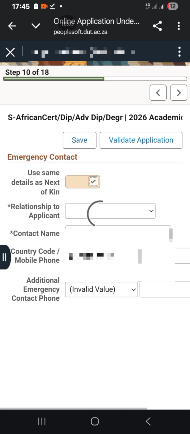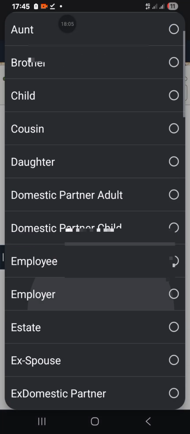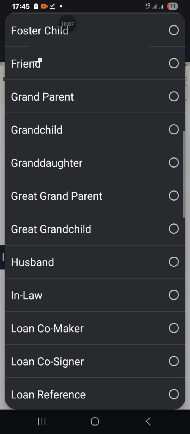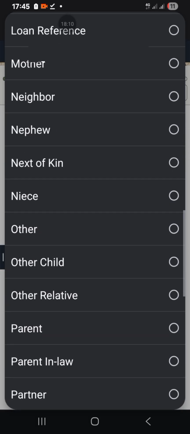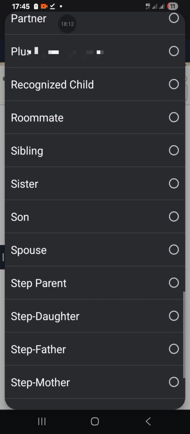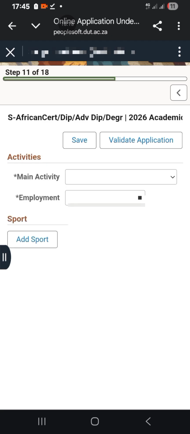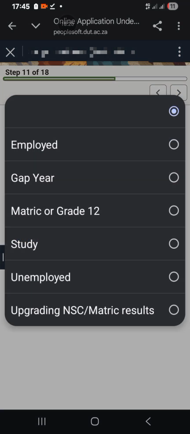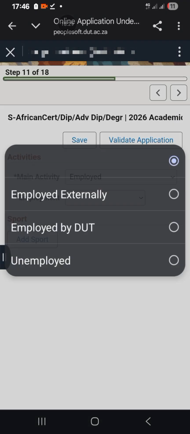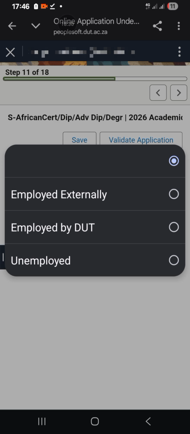Emergency, relationship, you select lapha a relationship, how we are related, right? And then you click lapha the arrow again. Main activity, if you are employed, you select lapha.